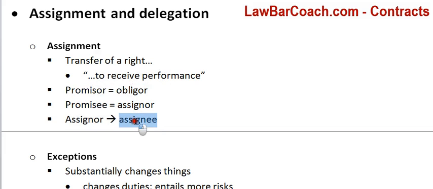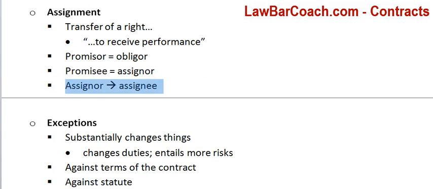If we look at the relationship from the assignee, there's the obligor, who is the same thing as the promisor. The reason it's called this in this instance is because he's obliged to the right being transferred. We're talking about this now just in terms of the assignment. The obligor's promise is now to somebody else, and the assignor has changed the right, and the assignee receives it. The promisor is the same person as the obligor. The promisee is now the assignor because he's giving away that assignment, and the assignor gives it to the assignee.